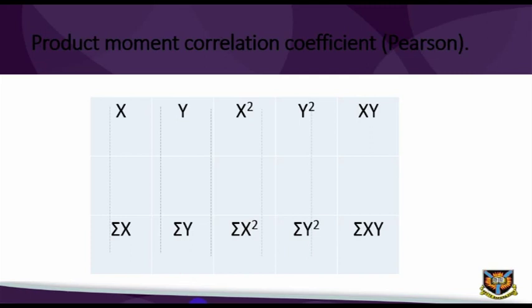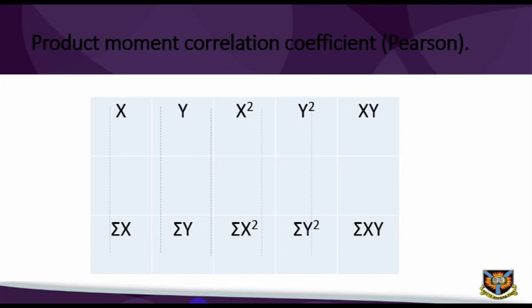r is equal to n summation xy minus (summation x)(summation y) over the square root of [n summation x squared minus (summation x) squared][n summation y squared minus (summation y) squared] is equal to 8 times 364 minus 56 times 40 over the square root of [8 times 524 minus 56 squared]